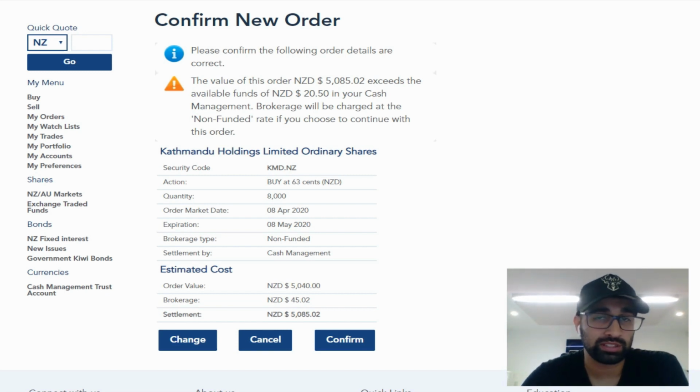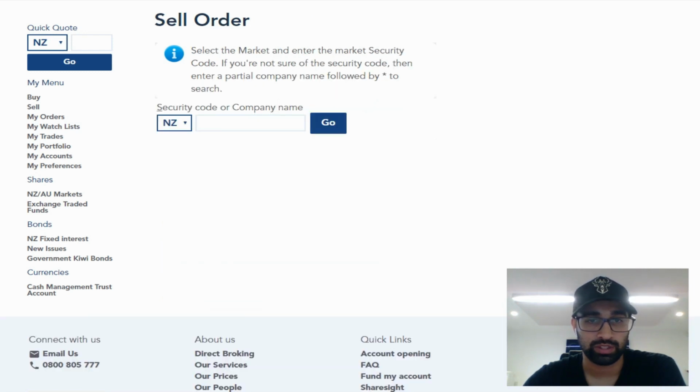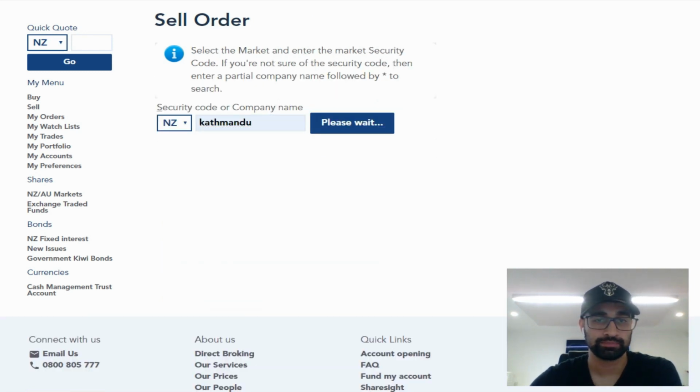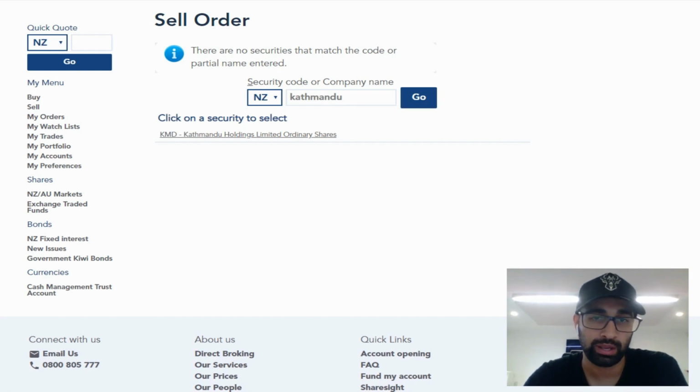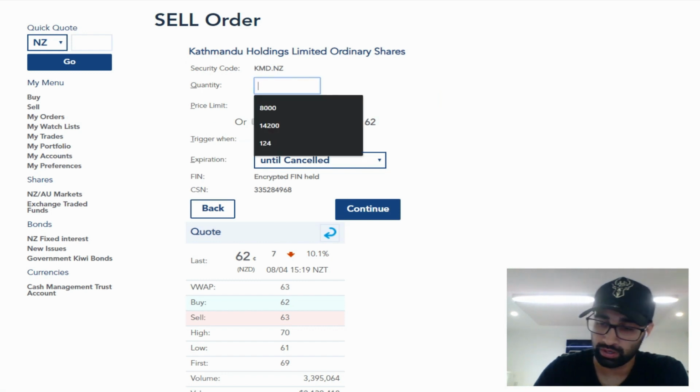Let's pretend there's been a week later, and you want to sell your shares at 70 cents. To sell your position, you want to make sure you know the quantity of shares you bought. For this one, it's 8,000. We bought it at 63 cents. So we go sell. Kathmandu again. You can enter the ticker. The ticker is basically just the three-letter acronym for a company or the company's shares. Here we go. So we bought 8,000 shares,